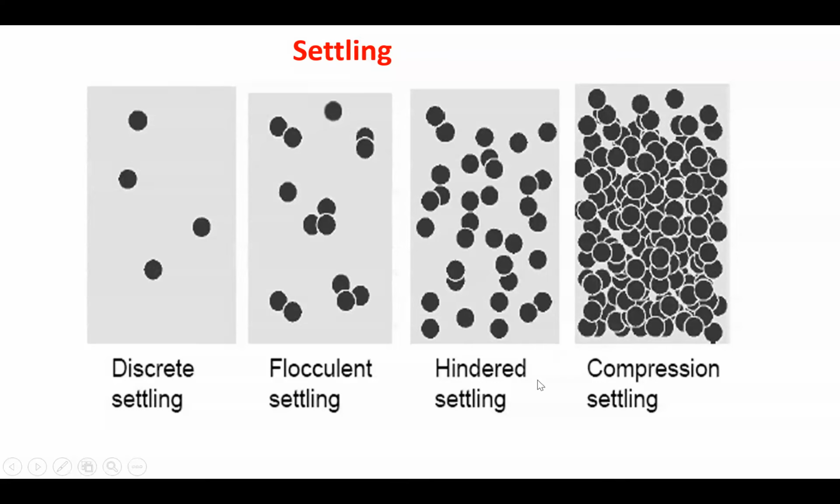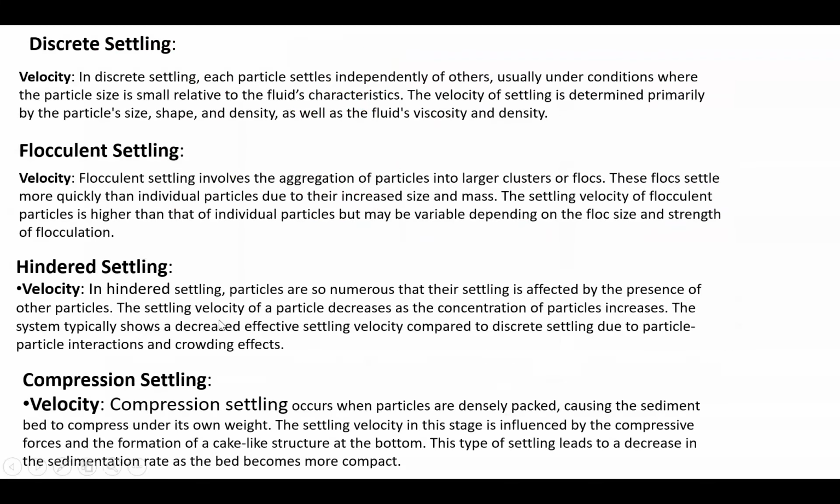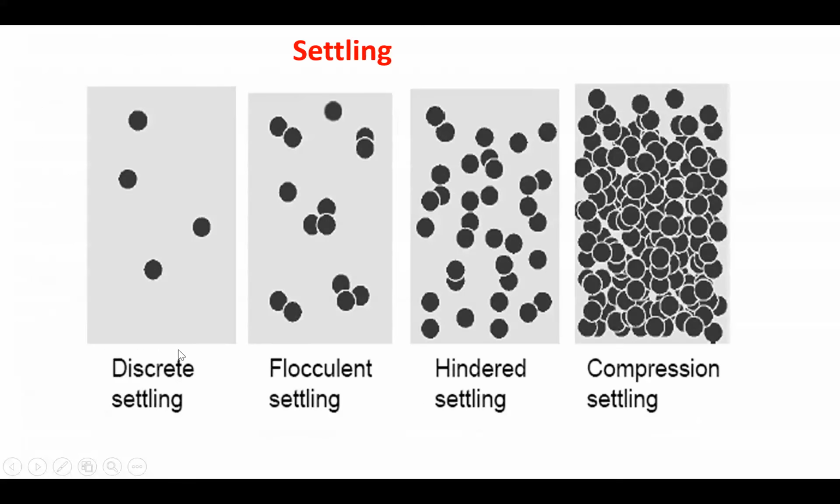Okay, then this is hindered settling. Hindered settling means, you have to understand here, the particles are numerous. The number of particles is very high, and their settling is affected by the presence of other particles. So the settling velocity of a particle decreases as the concentration of particles increases. The system typically shows a decreased effective settling compared to discrete settling due to the particle interaction and crowding effect. So when we compare discrete settling and flocculent settling, hindered settling means